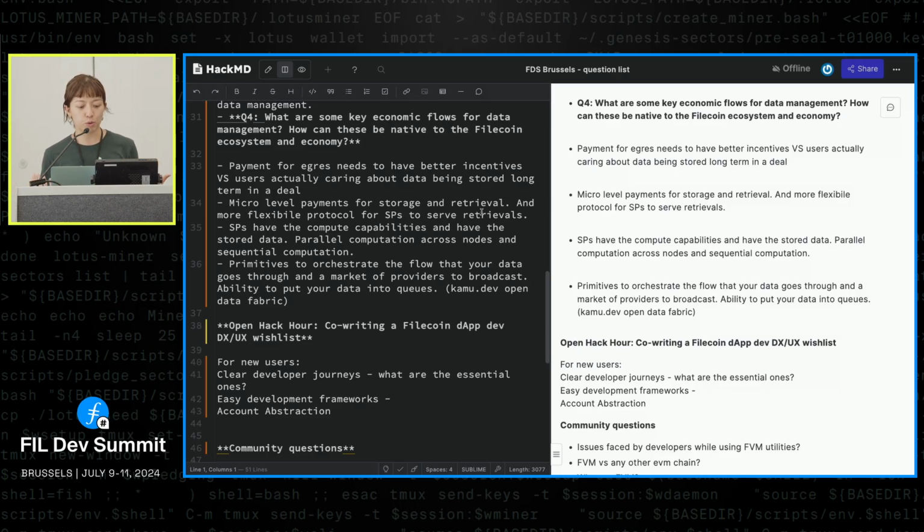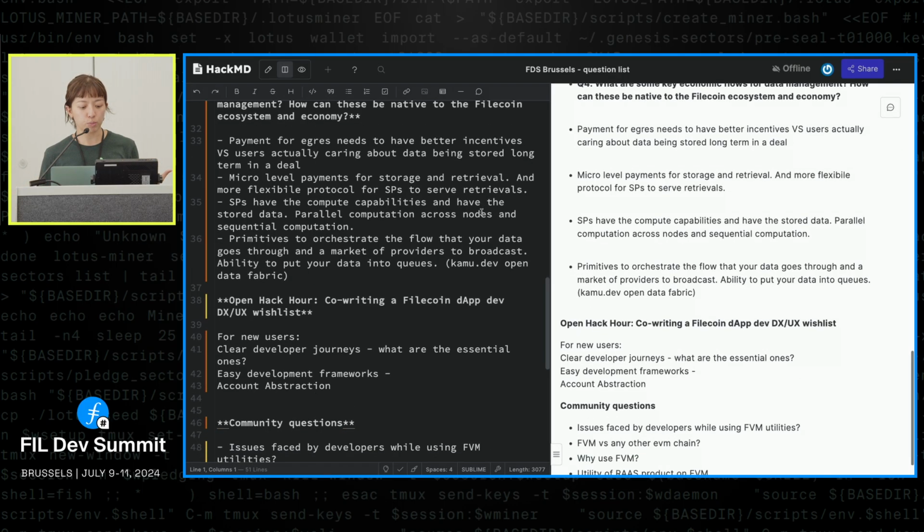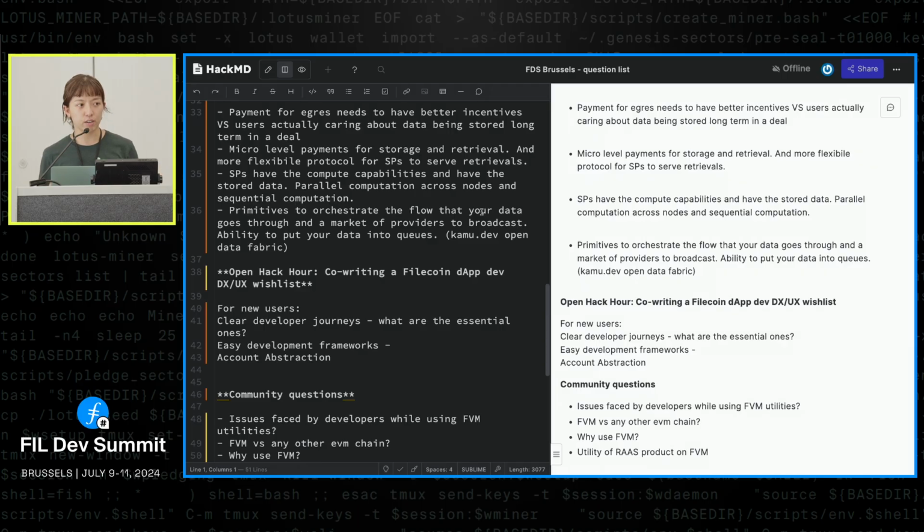So I'm going to keep it super open here. What I hope to get to is to understand from this crowd what are some of the essential developer journeys that we should have, because we did hear earlier on for new developers onboarding to Filecoin that it is probably not very clear most of the time. It would be really helpful to get a sense of feedback on what are the key journeys that we should be targeting. And then secondly, what are some of the key UX tooling